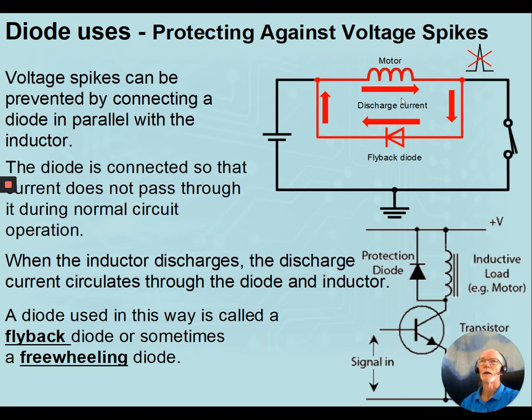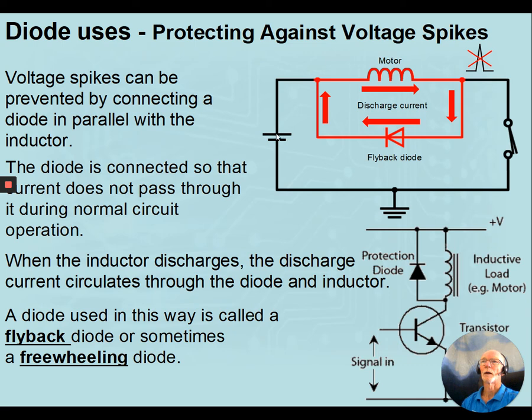We have a large magnetic field around the coil of wire, and that energy in that magnetic field has to go somewhere, and it comes back into the circuit in the opposite direction to that which the current caused it to be set up. So in the initial case, we have current flowing